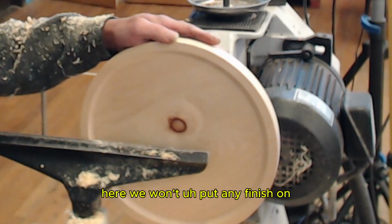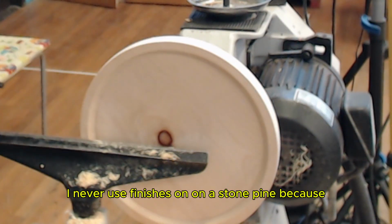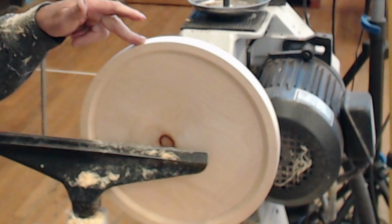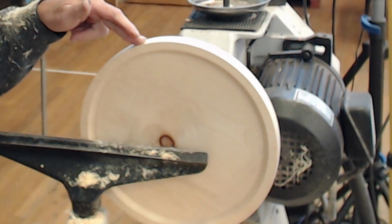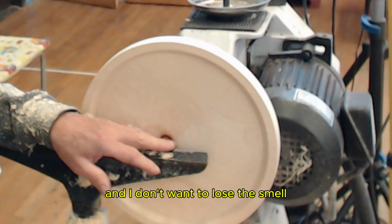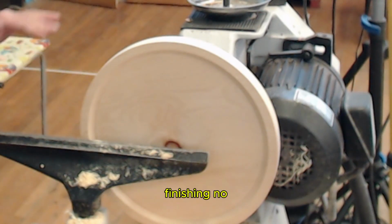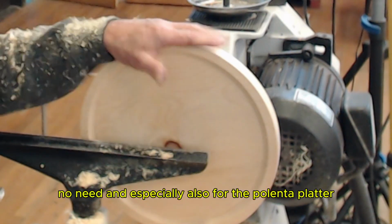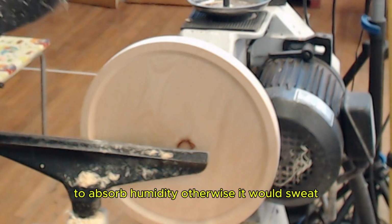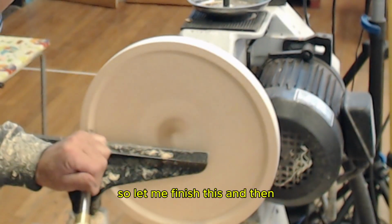And here we won't put any finish on. I never put finishes on stone pine because I would lose the smell, and I don't want to lose the smell. That's the big thing of this wood. So sanding, yes; finishing, no. No need, and especially for the polenta platter, the wood has to be able to absorb humidity, otherwise it would sweat. So let me finish this and then